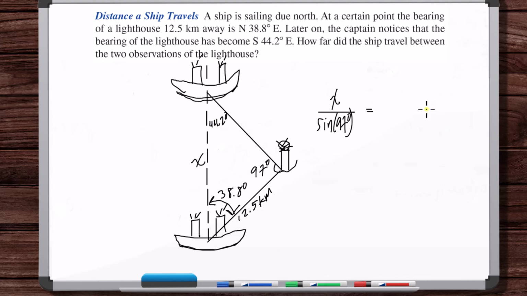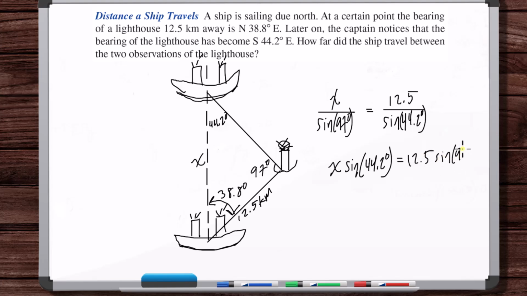We need to use this angle, because we only have this side length. So 12.5 over sine of 44.2 degrees. So x sine of 44.2 degrees is equal to 12.5 sine of 97 degrees. So x is equal to